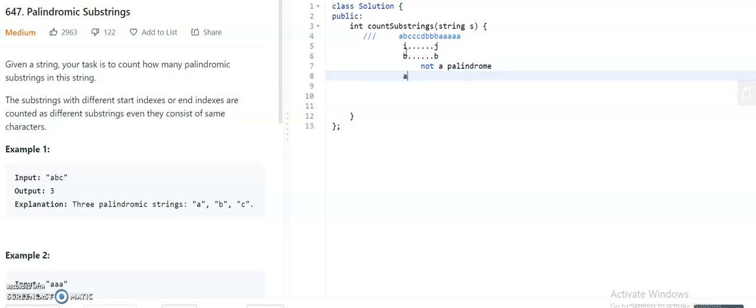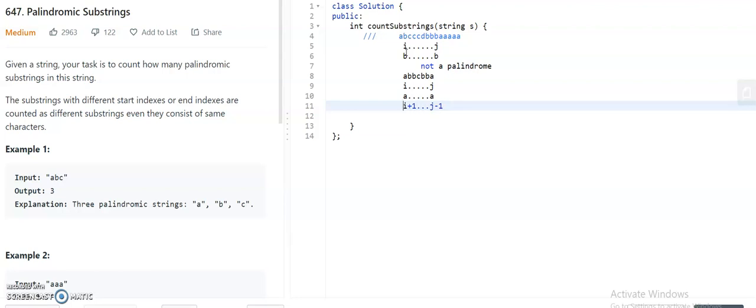So let us take a string like A B B C B B A. Here let this be position i and this be position j, and here it is A and here also it is A. Then the middle elements between i and j, that is from i plus 1 to j minus 1, the middle string obeys the property of palindrome.